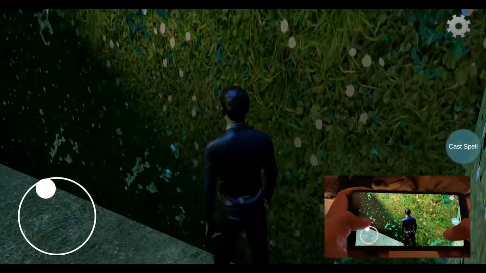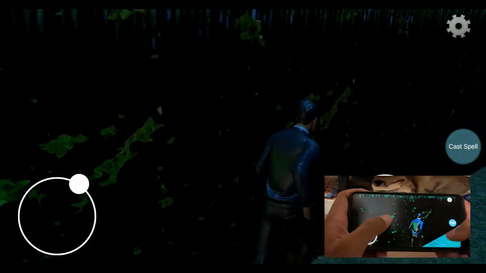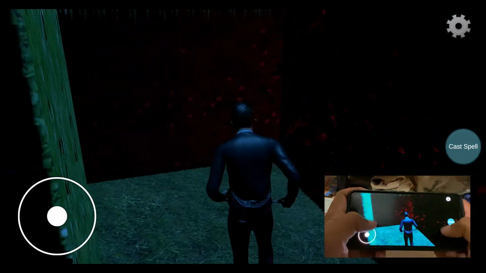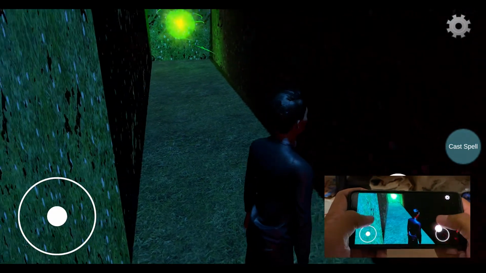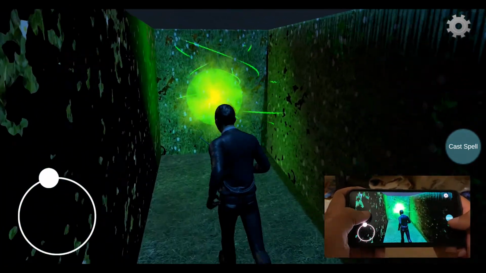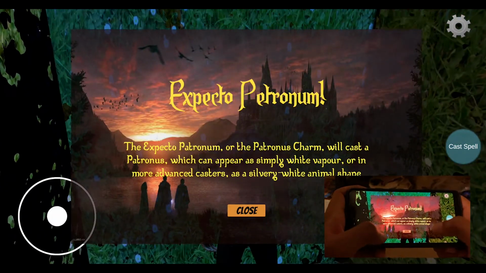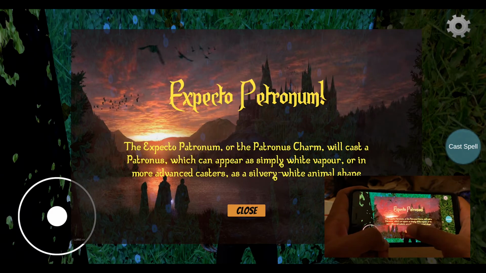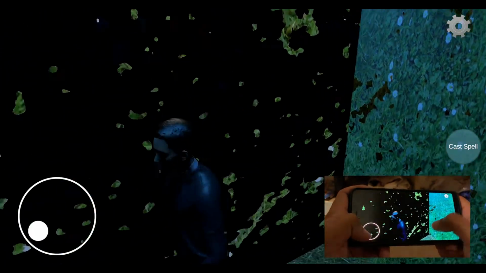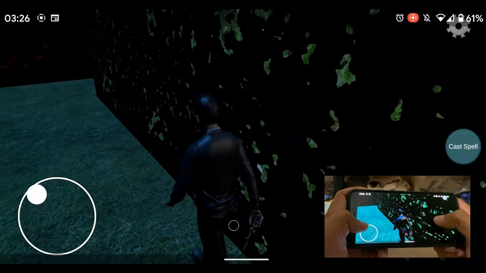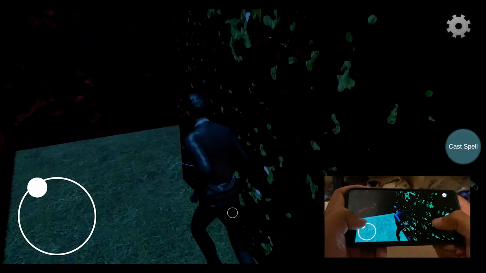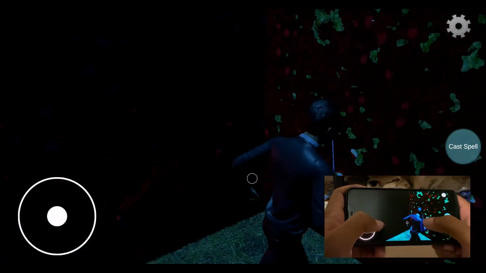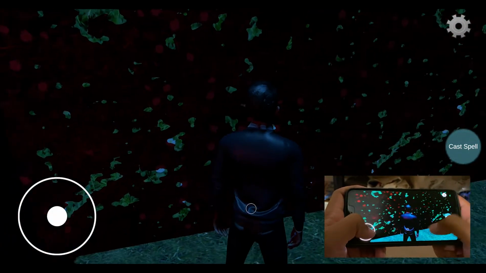The movement is again controlled using the camera and movement controls on the screen. So that is a spell orb, and once he collects it, a pop-up explaining what the spell is about comes up on the screen. This, as you can see, is Expecto Patronum, one of the 2 shielding charms that we will be using. While navigating further, the player will bump into obstacles, which he will get rid of.